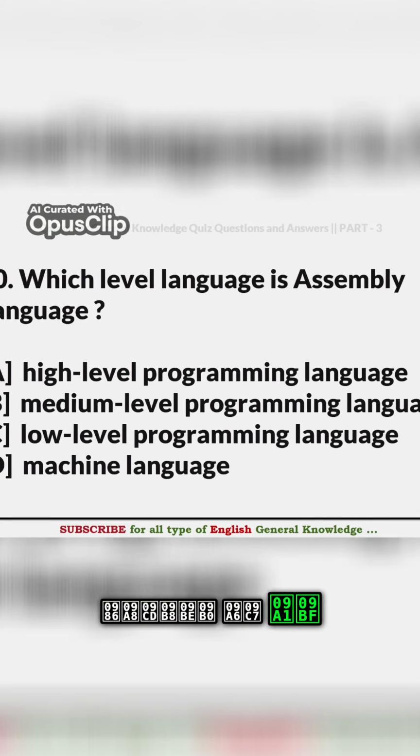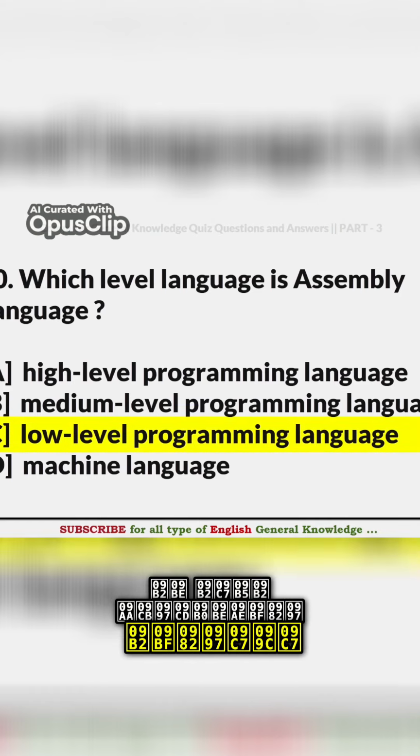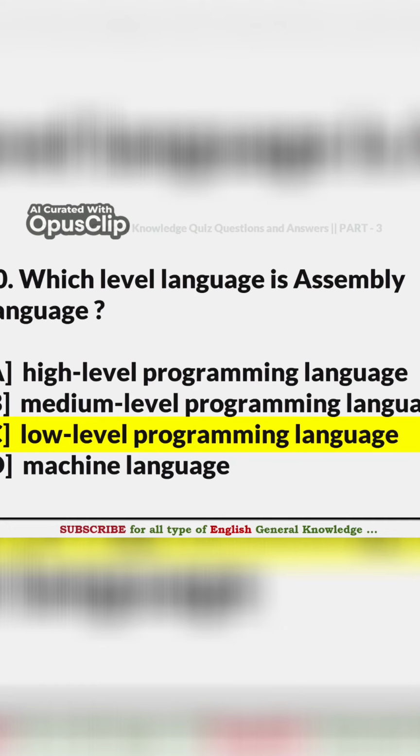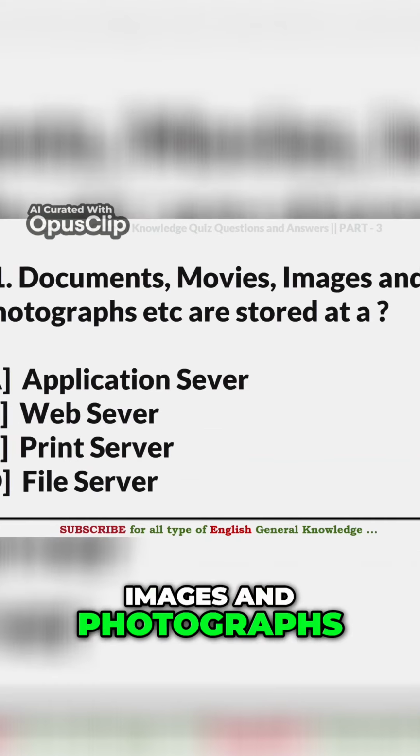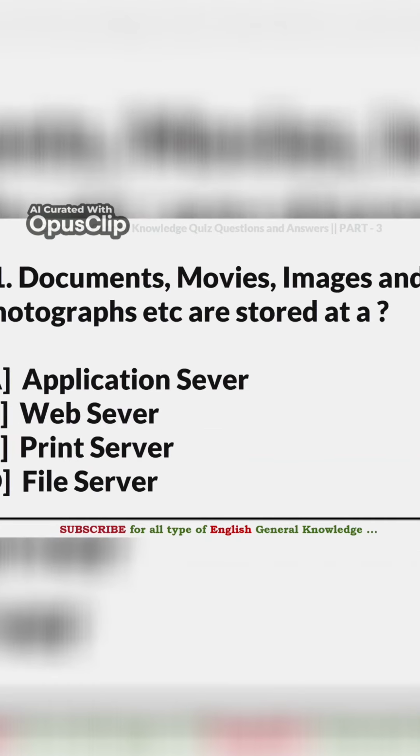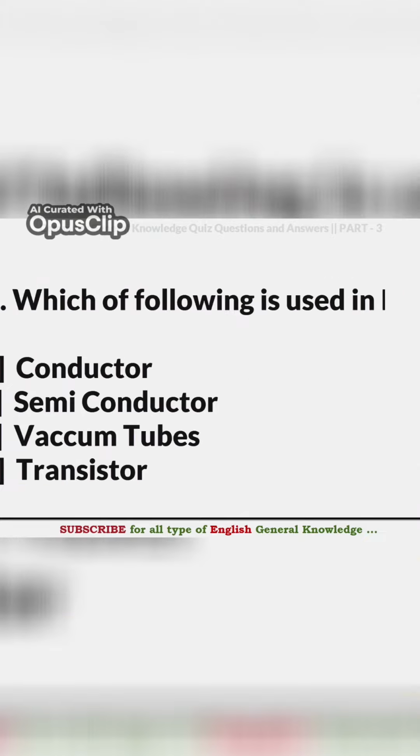Which level language is assembly language? Answer C. Low level programming language. Documents, movies, images and photographs etc. are stored at a? Answer D. File server. Which of the following